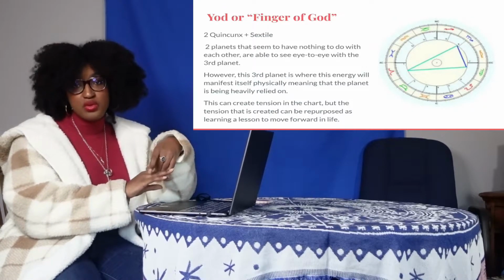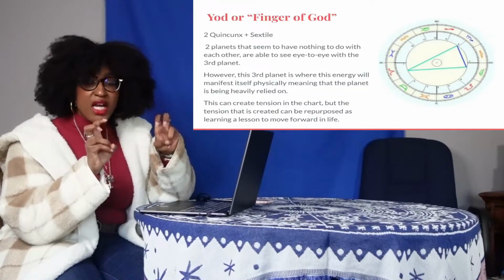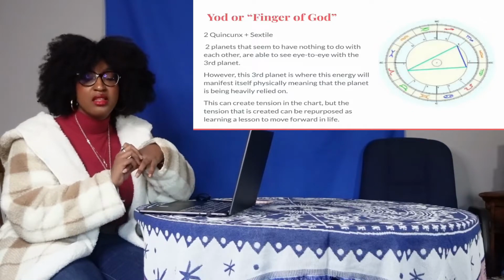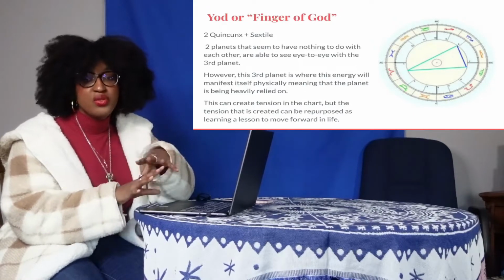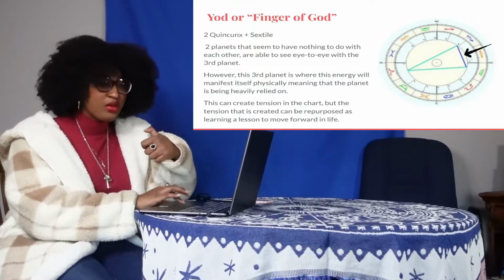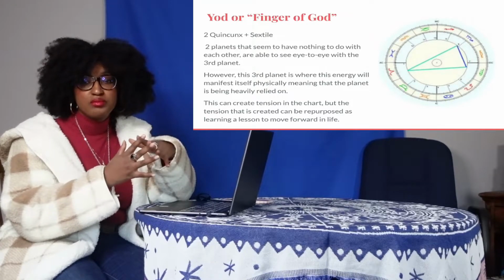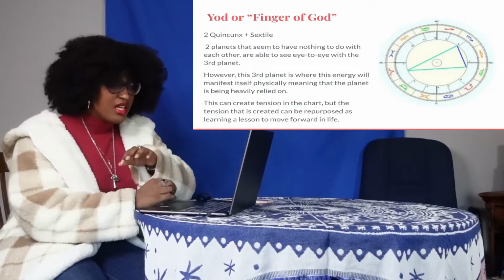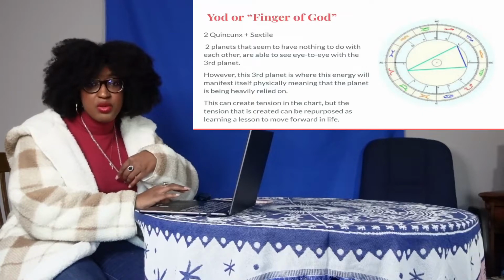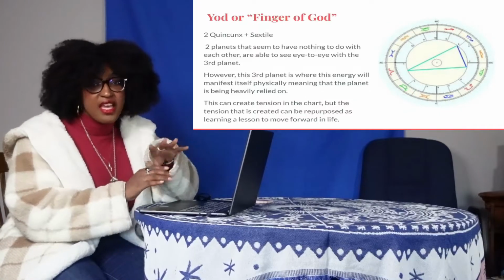So therefore it is noticeable energy if you choose to interact with it. You can consider this like a minor aspect planet because it doesn't have such a significant impact unless you are conscious about it and choose to act on it and choose to have these planets come together through this sextile, so that way this planet can stop feeling abandoned in a sense, because it feels like it's being tag teamed almost because 2 planets are just disregarding it, and it's just like, hey, I have my own feelings too. So this sextile helps release that energy in a sense.